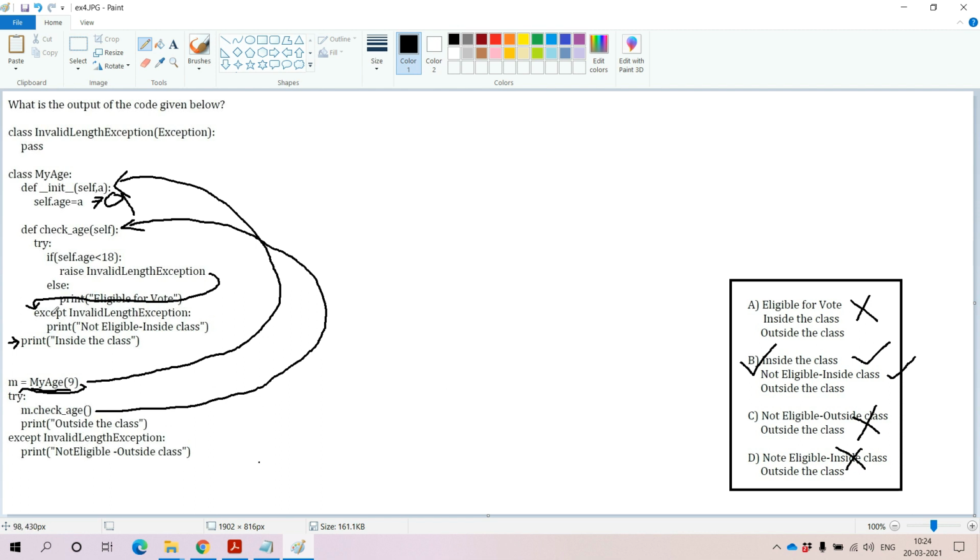Now the control flow will be transferred to outside of the class, at the end of this method invocation. After completion of this method invocation, the complete method execution has already been completed. Due to that reason, the next line that we are going to get here is print outside the class. That is the output that we are going to get. The third message is outside the class. It is very simple. Be careful.